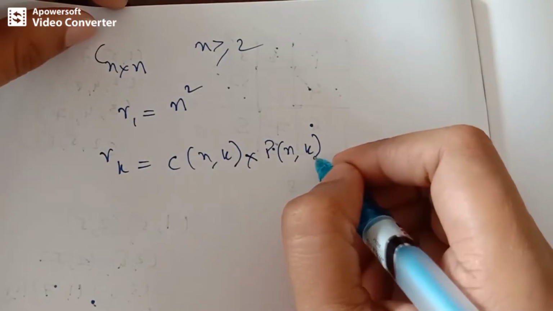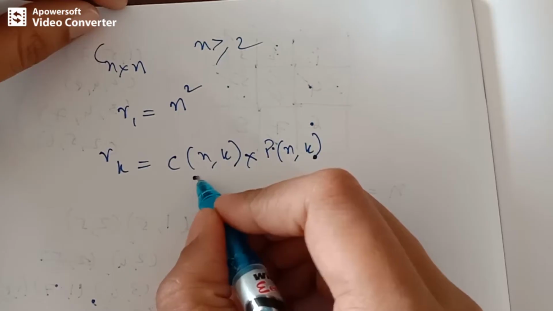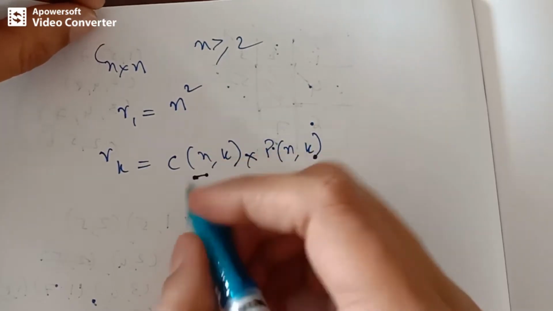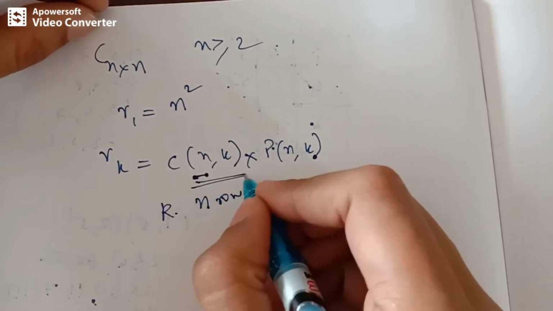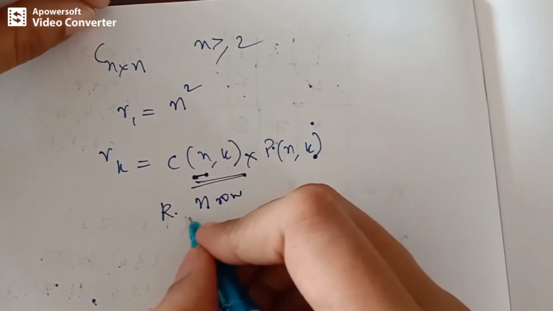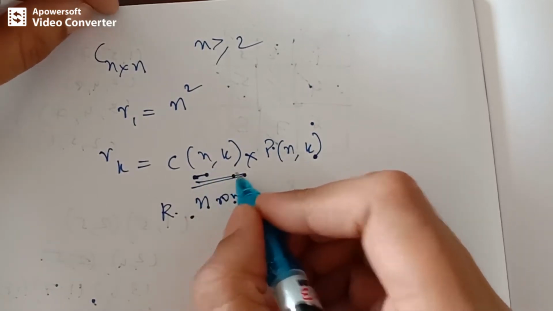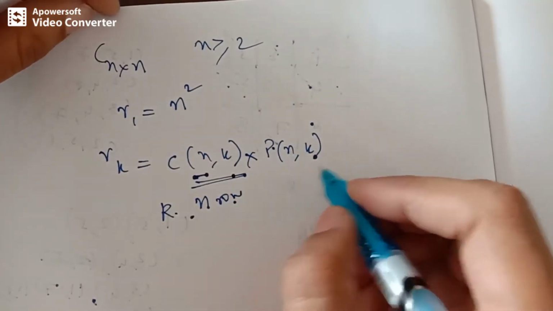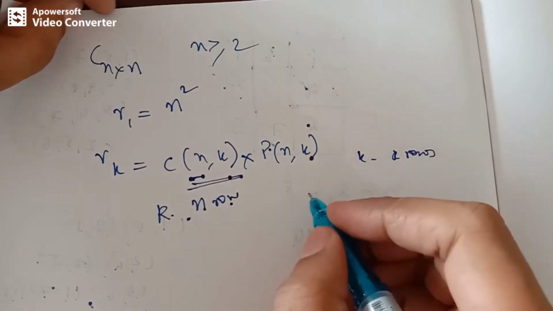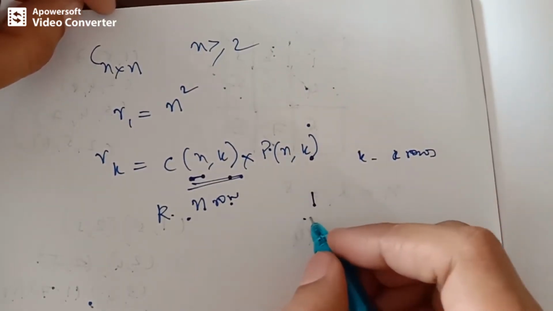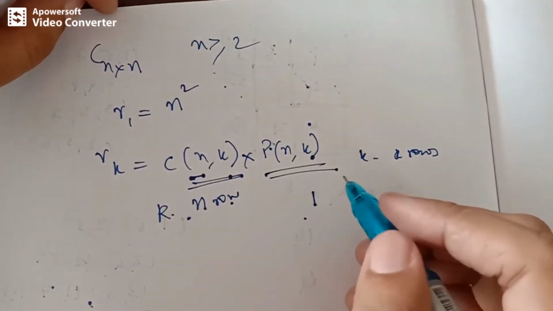So I will tell you what is C of n comma k. C of n comma k, that means that for this board one can choose k rows out of n rows. Okay, that is a representation of C of n comma k. One can choose k rows out of n rows in C of n comma k ways. After that, k rooks can be placed in k rows so that there is exactly one rook in each row and no two rooks are in the same column, and that is represented by P of n comma k.